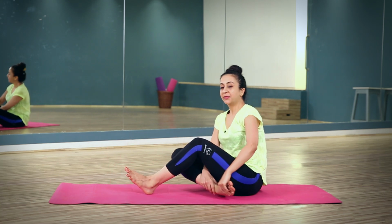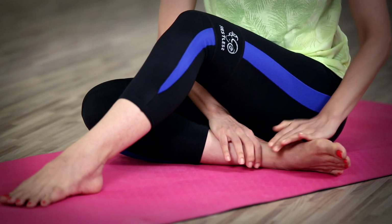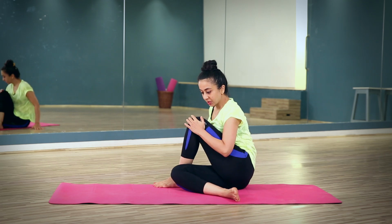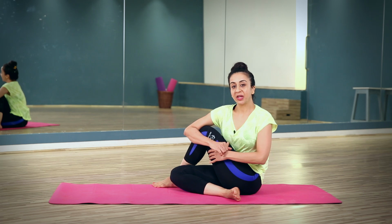So you bring your right leg folded in, the heel is close to the hip, but it's not underneath, you're not sitting on your heel yet. It's just to the side. Sitting bones on the floor, cross the top leg over. Make sure you don't get your hip off, press it down, draw the leg in. And if you're very flexible,